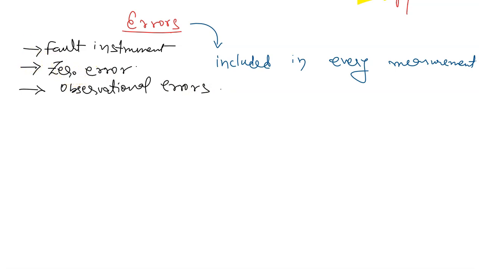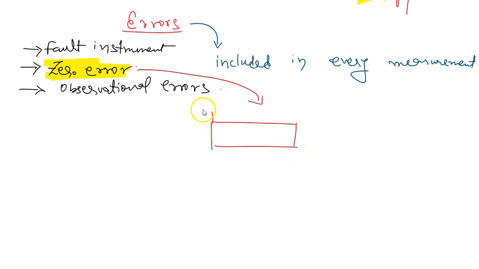So zero error, what it is, because of a faulty instrument, observational errors, that's quite understandable. Zero error means it is the error that is shown by the instrument. So let us suppose I have a scale for measurement and the scaling value starts from, let's say, 5, and this is 6 centimeter, and then 7 centimeter, and then 8 centimeter, and then 9. So let us say this is the scale I have, and if I want to measure a length of this much,